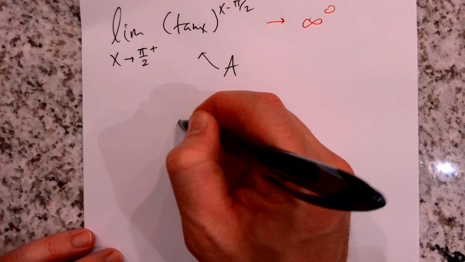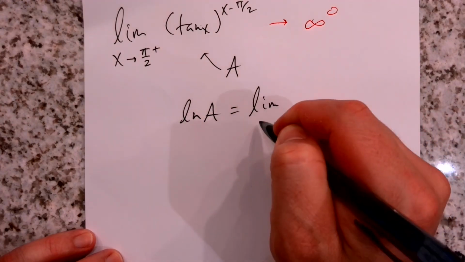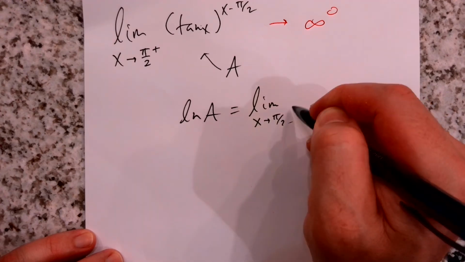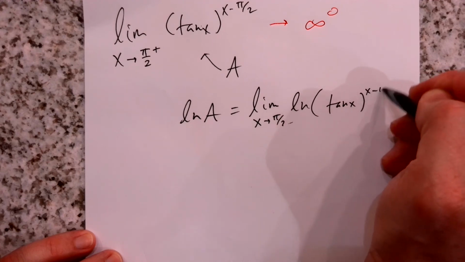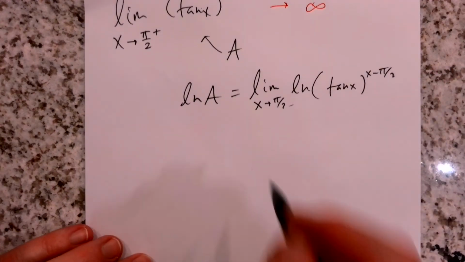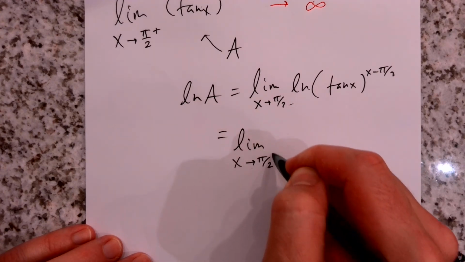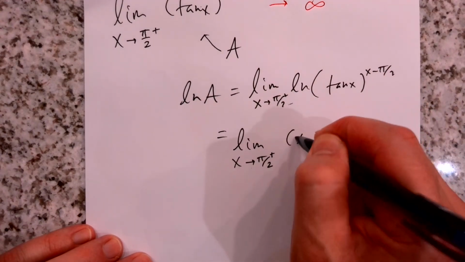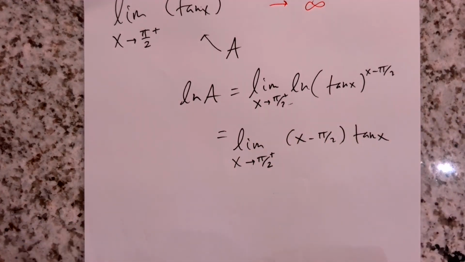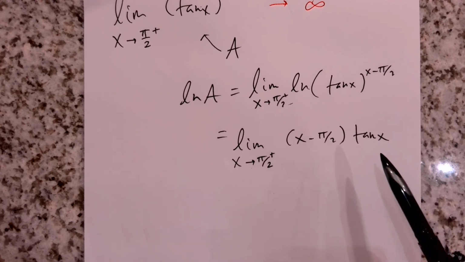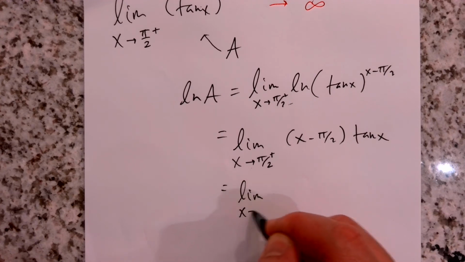And then we log both sides. And don't forget that when you take the log of a limit, you can put the log into the function, which allows us to use the property of logs and bring the exponent down to the front. This gives us 0 times infinity, so we have to do one more step before we can use L'Hopital's rule,